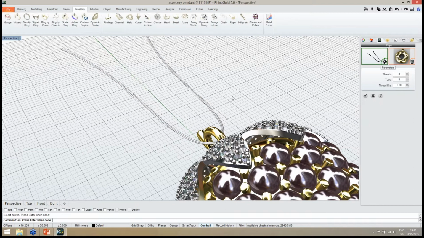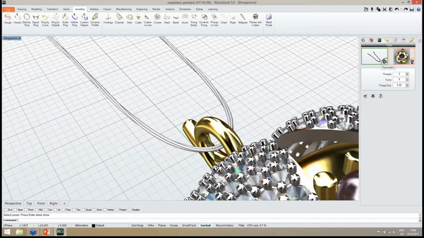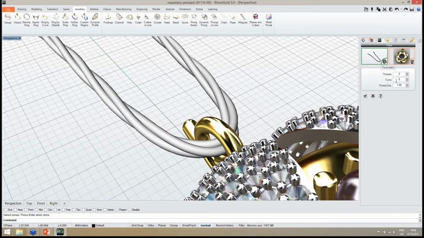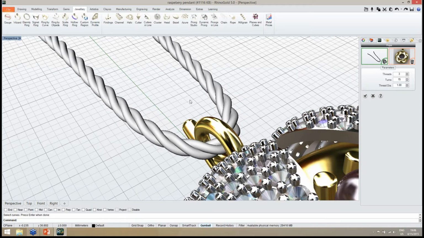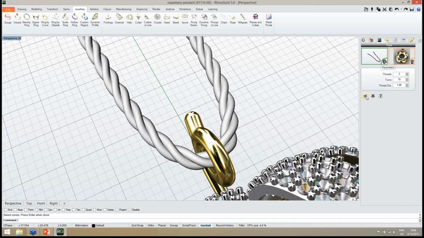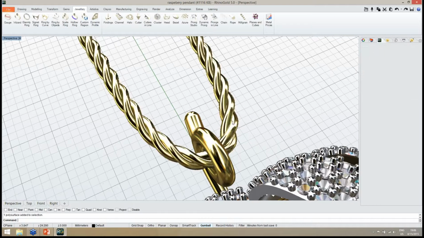And in this case, as you can see, the parameters we need to adjust. Number of threads, 3, I believe it's good, but diameter, let me use for each thread 1 millimeter. And the number of turns, maybe 15. Let's see how it looks, much better. So I just apply, okay, and I can